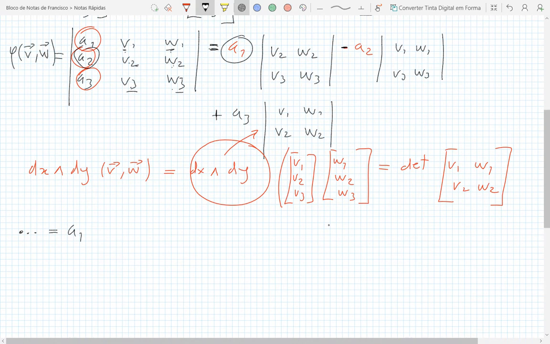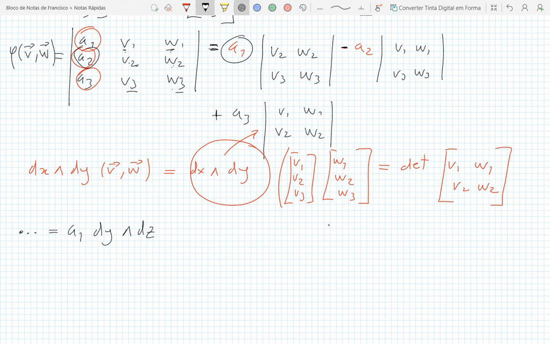A1, and here I have dy wedge dz of vector v and w. I'm going to drop this after. Okay. Here I have minus A2 dx wedge dz plus A3 dx wedge dy. Okay, so